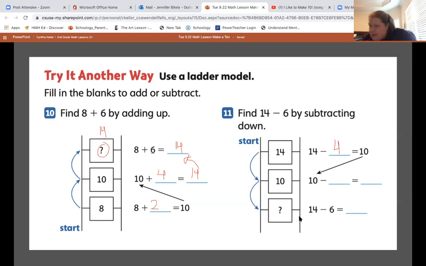I know, because we just did it, that 14 minus 6 is equal to 8. So 10 minus what will give me 8? 2. 10 minus 2 gives me 8. So 14 minus 6 is 8. Just like we have 8 plus 6 equals 14, 14 minus 6 will give me 8. We saw that last week with our number bonds, remember? That's what I knew in my mind, because I remembered it, because it's mental math, that I would just need to take away 2 to get the 8, and 14 minus 6 will be my 8.